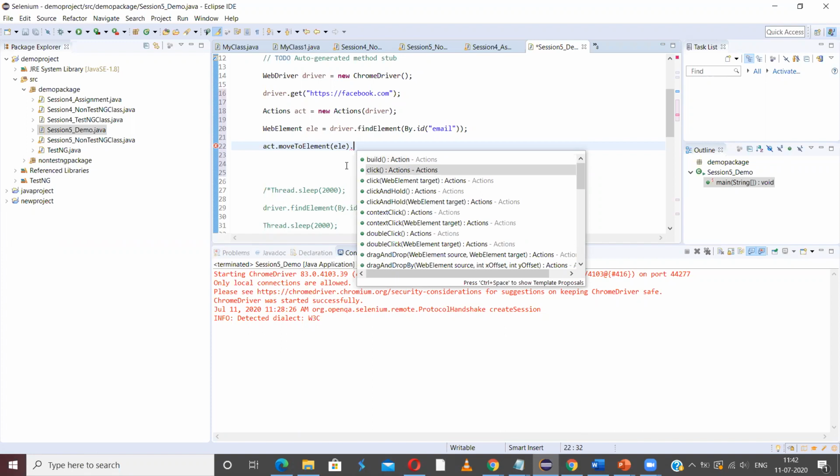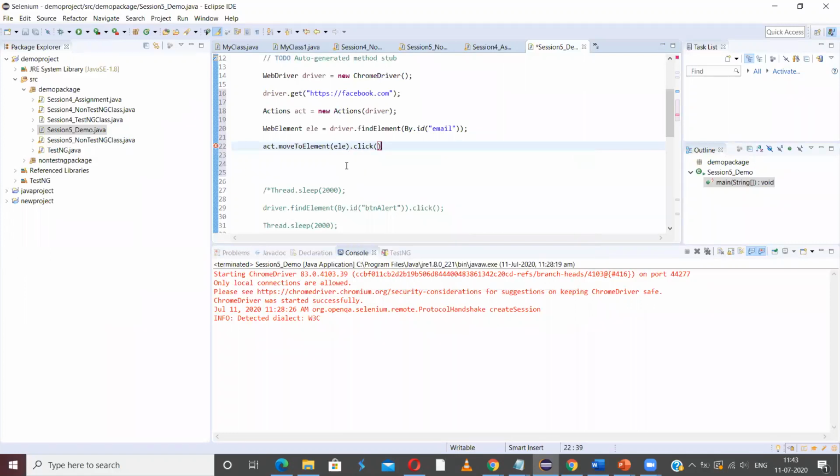If I click on that one, sometimes the prompt will be there by default because that is the first edit box. Whenever we open a website, the first edit box will automatically have a prompt. Sometimes it may not have. So to make sure that we have the prompt there, we need to click on that first. Let me click on that one so that I can enter the text.